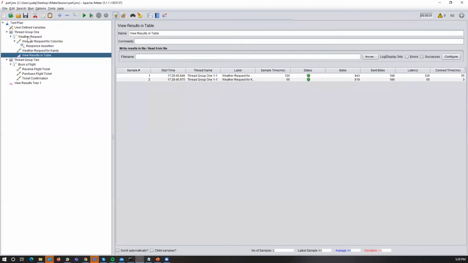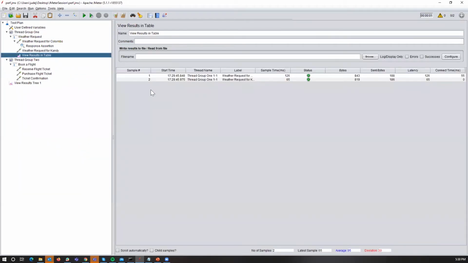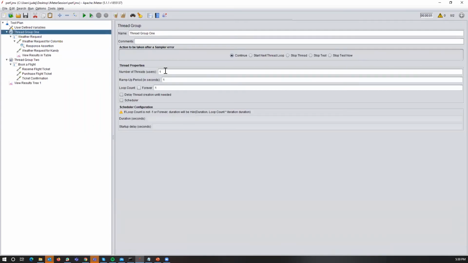So when it takes this thread, you have configured for one user, but you have two samplers here. So in your results tree, you can see two samples data are here. And then you have the start time for each sampler. And then you have the thread group name. And then this is first iteration of first user, and again first iteration of first user, because since you have two samplers, in case if you add it for two users,